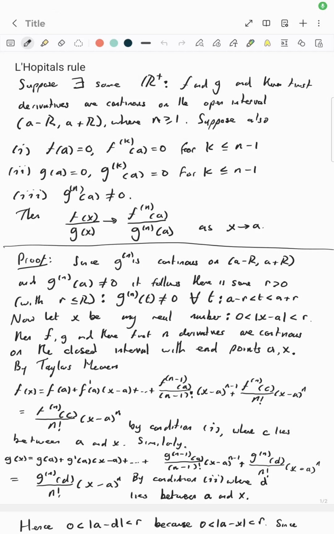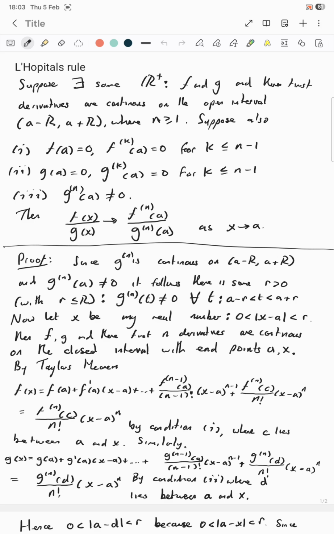L'Hopital's rule. Suppose there exists some positive real R such that f and g, and we know their first n derivatives, are continuous on the open interval (a minus R, a plus R), where n is greater than or equal to 1. We suppose also that f of a equals 0, f to the k of a equals 0 for k less than or equal to n minus 1, and g of a equals 0, g to the k of